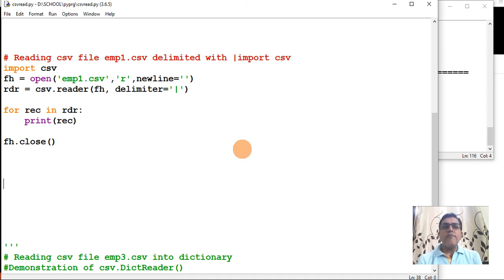Okay, now because the CSV file has been created in such a way that the delimiter is a pipe symbol, while reading also you have to use the same delimiter. Otherwise it will search for a comma as the delimiter and it will not find it. So the complete data of one row will be treated as one column, as we saw in the previous session, where all the data was coming in one column only in your Excel file.